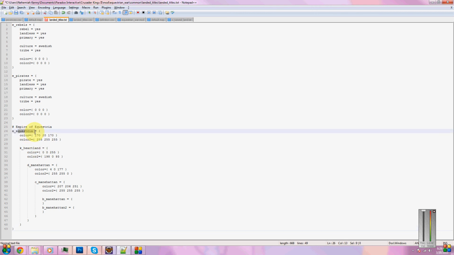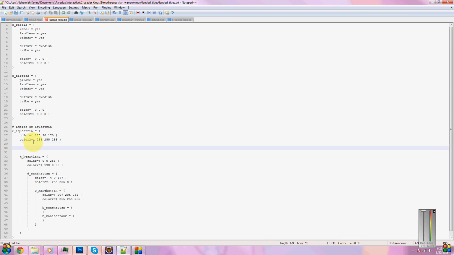First you create the title, then you put two colors, which are the border colors, and when you go to independent realms or de jure kingdoms or de jure empires, de jure duchies, these will be the colors you see. Then you can type the requirements to create the title. So for the Empire of Tutorial,